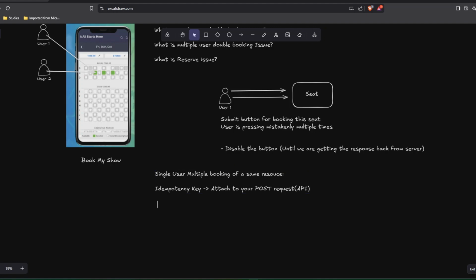So suppose there is a resource of some date, say 22nd March 2025, at some place, and it is being booked by user 1. This whole combination will always be unique no matter how many times I try to book it through that mistaken double booking. So generally what we do is we generate a